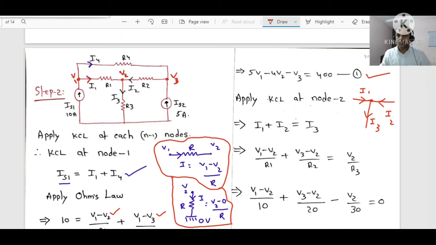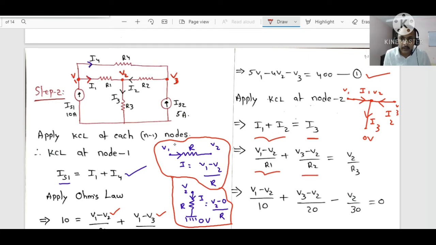Now at this node, if somebody asks you KCL, what is the basic rule? Entering currents equal leaving currents. What are the currents entering? I1 plus I2. I1 is entering, I2 is entering, equal to I3. Clear. Now what about I1? At this point the voltage is V1, at this point V2, at this point V3, and at this point 0 volt. Now your I1 will be V1 minus V2 by R1,